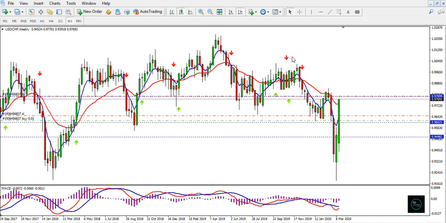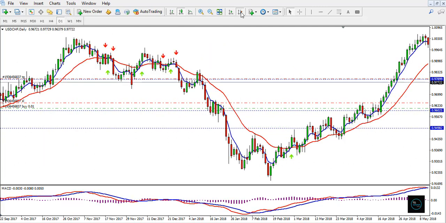All right, so going to the weekly chart here, you can see the same thing happening, but you can see we've been in a steady decline. Sorry about that. You can see that we are in a downtrend. Okay, so this is just a rally. However, you can't take these trades when you see them. Let's go to the daily chart and see what we see.